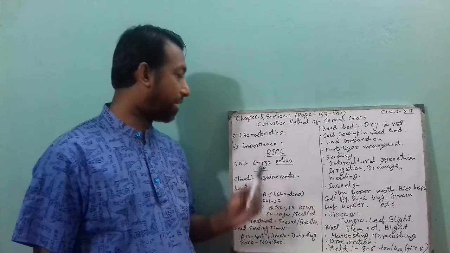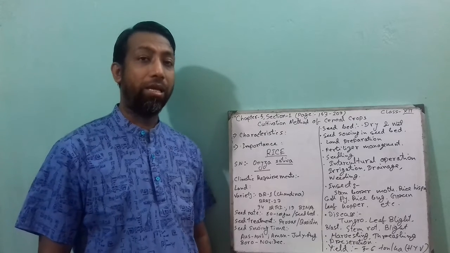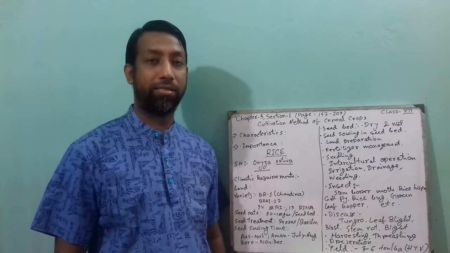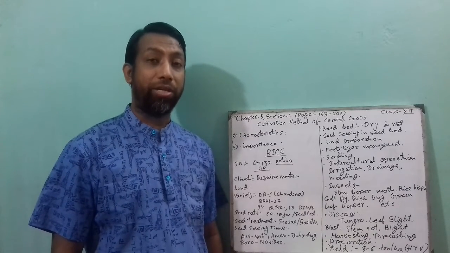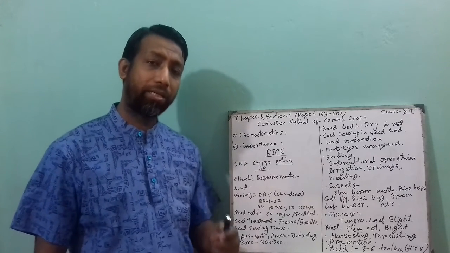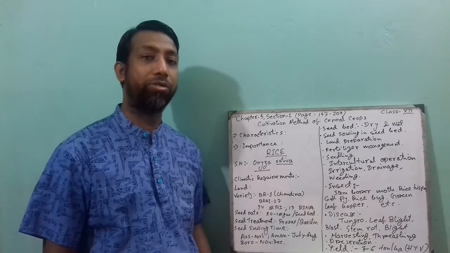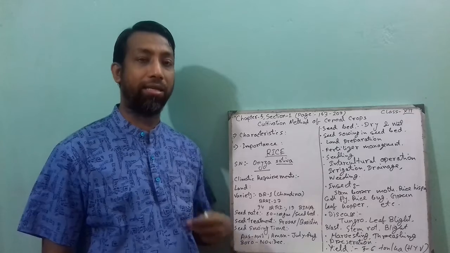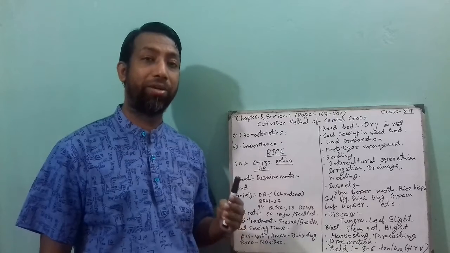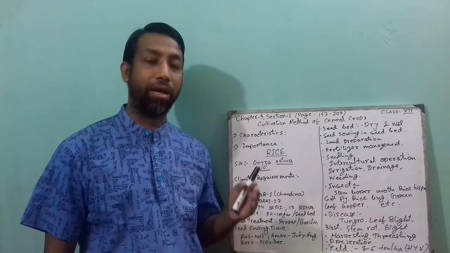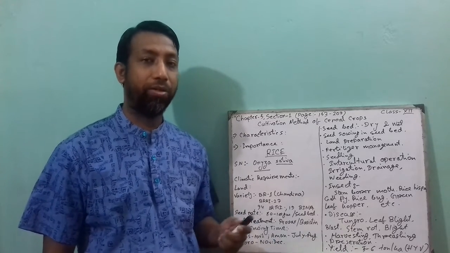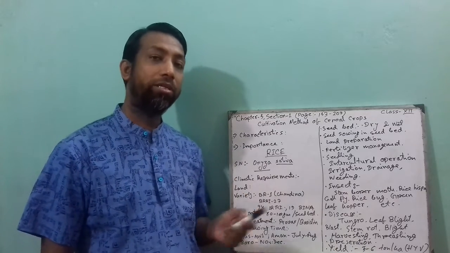And then what is the importance of cereal crops? In our country, the main or staple food is cereal crops, like rice. Nutrients like carbohydrate are provided from these cereal crops. Even in our country, about 90% of land is used for cereal crops like rice, wheat, maize, etc. And they produce some waste material as well, like straw and other plant residues, which can be used as cattle feed and organic manure. So these are the characteristics and importance of cereal crops.